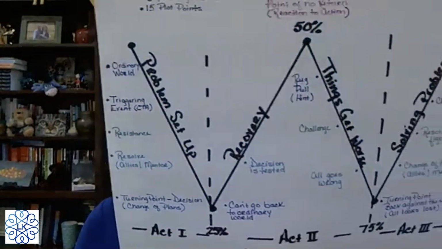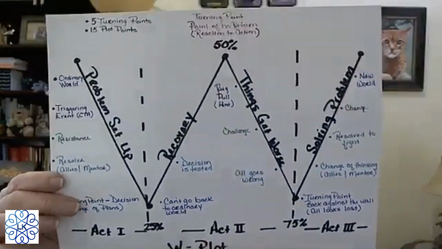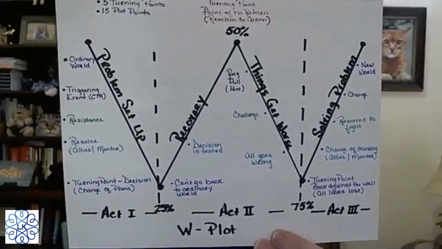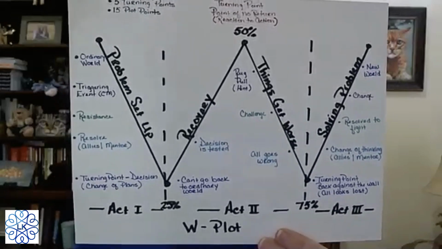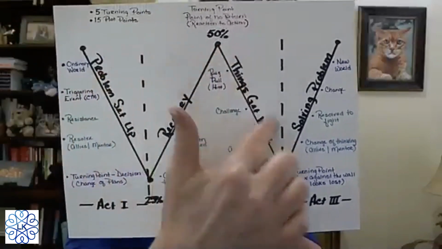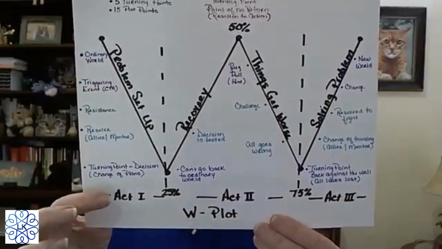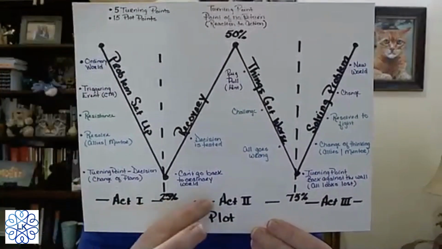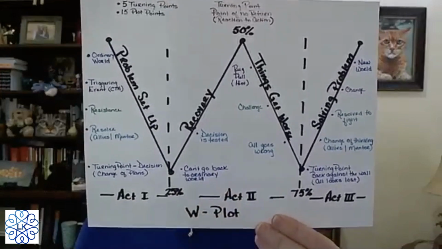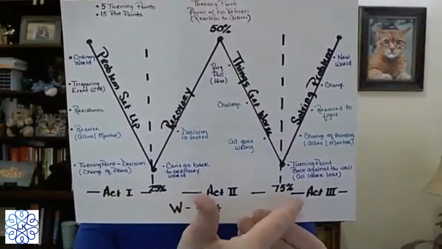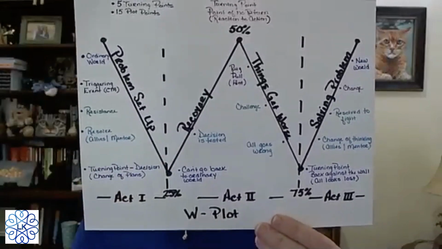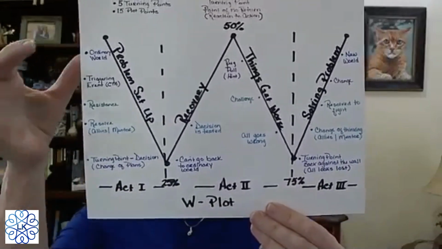So let's get started on the plot points. I've created this, hopefully you can see this, the plot point map. Isn't that sort of cool? So you can see the plot point here, the W plot. If you have read some plot books, you might have heard of the 3-act structure, Act 1, Act 2, and Act 3. I've put those here so that you can also see that the W plot actually does follow the act structure.